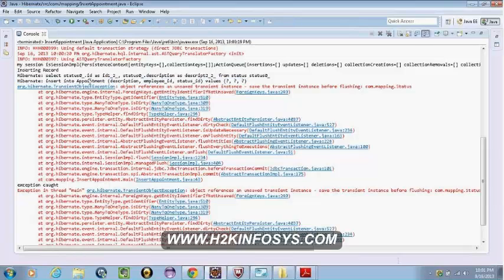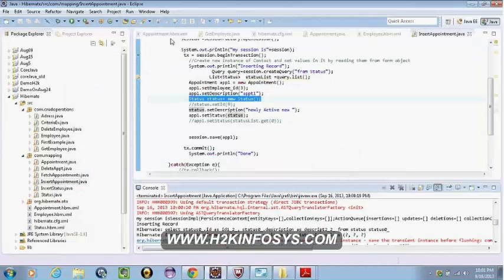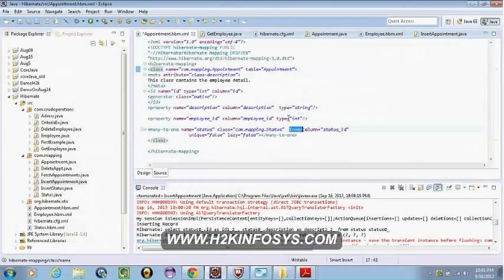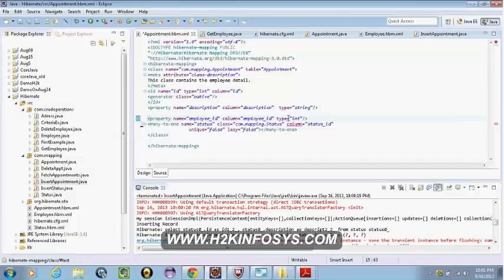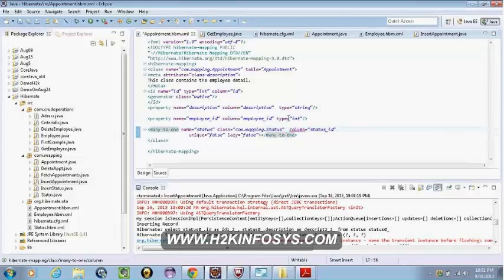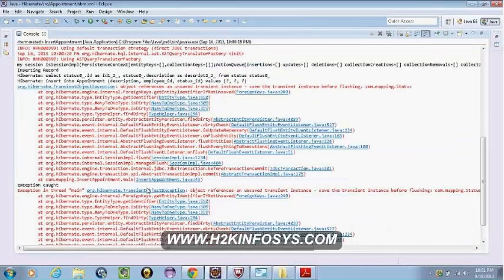But when I say cascade is equal to all, when a parent is inserted, the child also gets inserted. When it says save of appointment, it saves the children associated with it also. What are the children associated with it? The status object. It inserts the status also. And if you see here, there are two insert statements that got executed, one into status and one into appointment. You understood this?